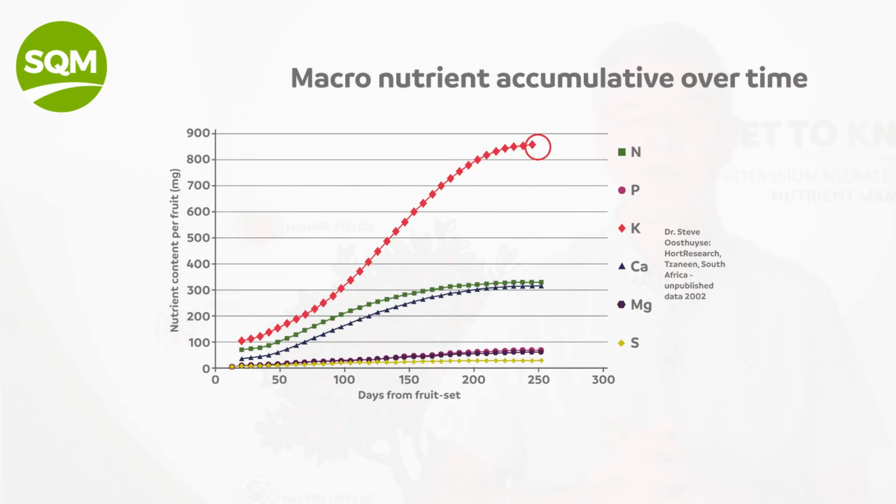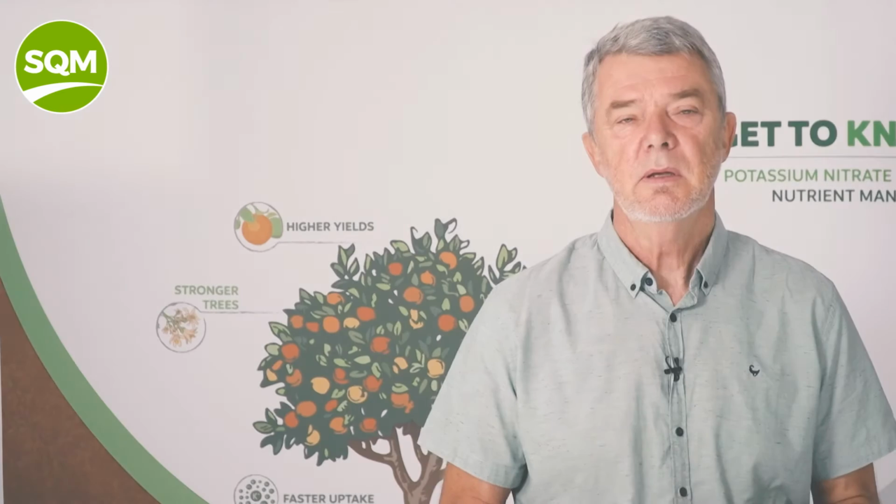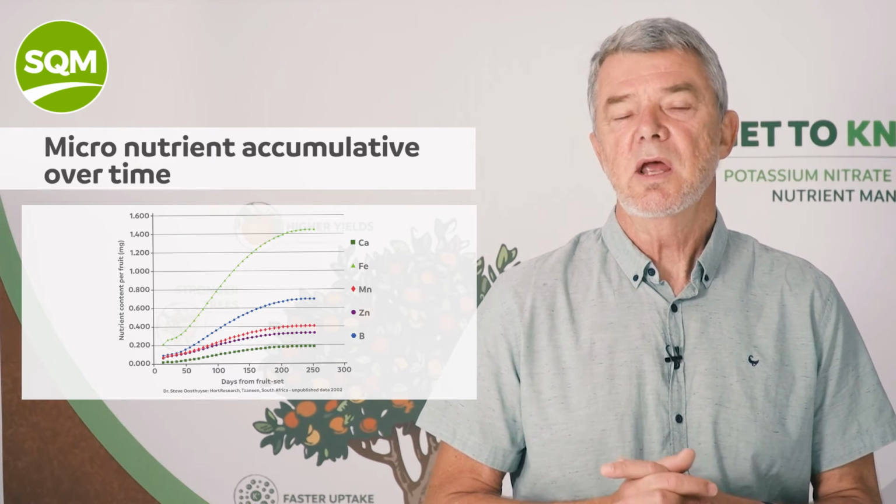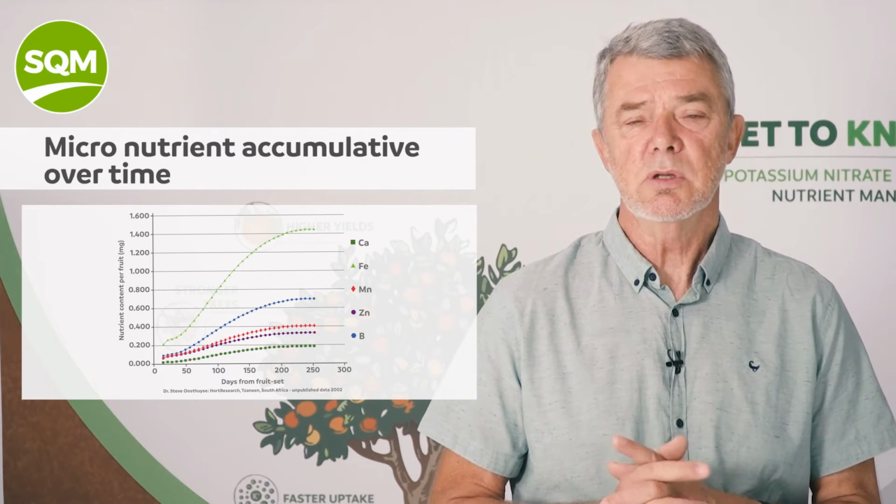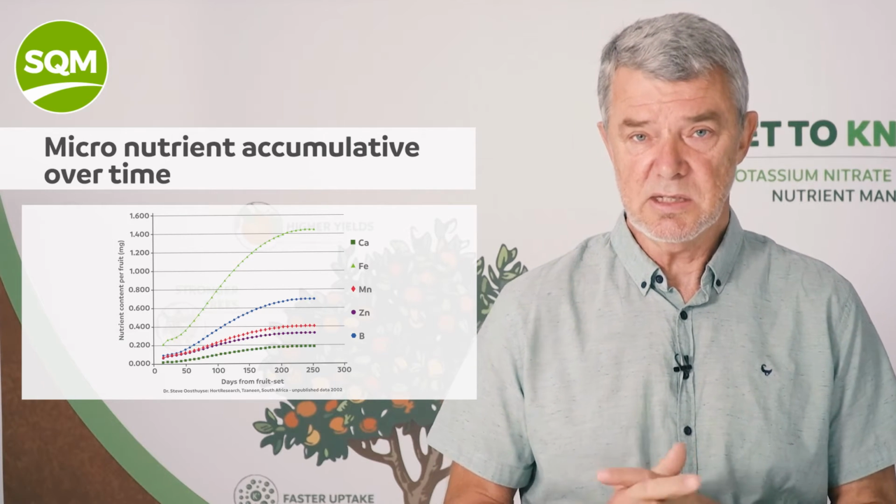If you look at the accumulation of the macronutrients over time, you can see that it follows pretty much the same curve. But as I said earlier, it's important to notice how much potassium is required by the plant relative to the other elements. So the potassium is much higher, then it's nitrogen, and then it's calcium, and then much lower down are magnesium, phosphate, and sulfur. But you can see how it accumulates also in a sigmoidal type of growth pattern. The trace elements as well, also an accumulation over time. Iron is the most important, then boron, and so you can study that graph yourself.